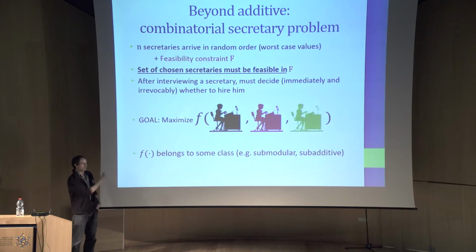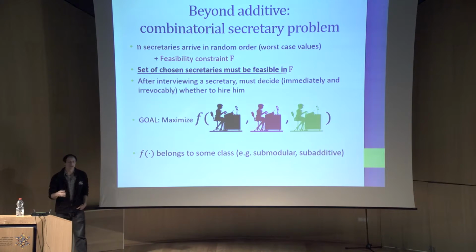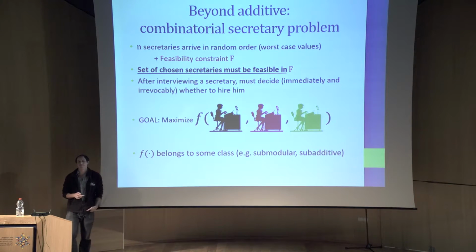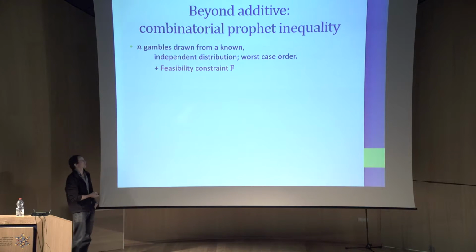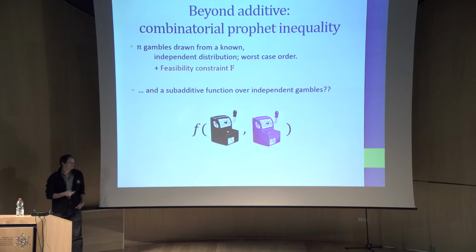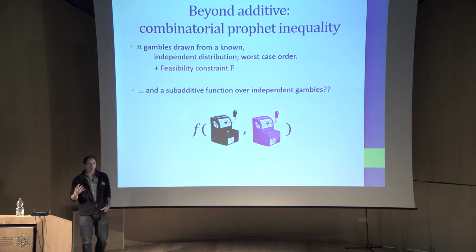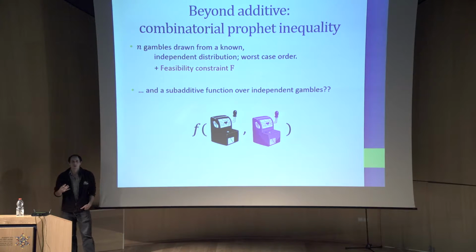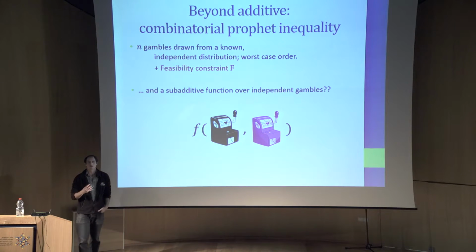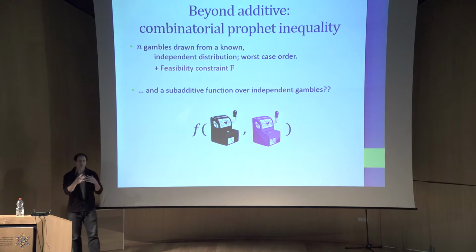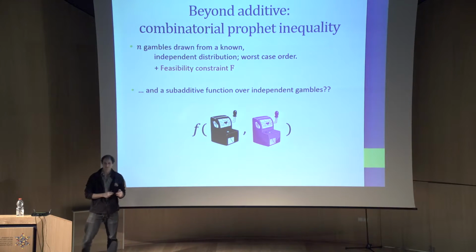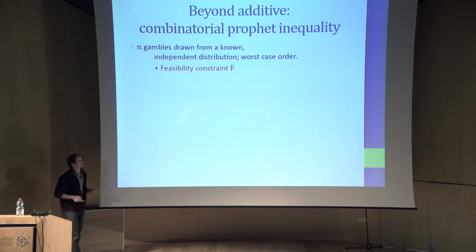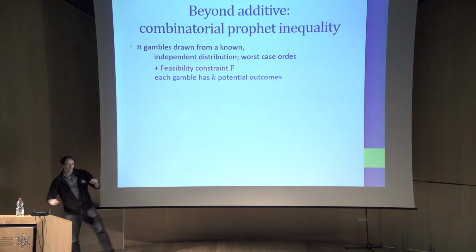So there's been some previous work on this, and I was really jealous. I wanted to do some submodular profit inequalities. And if I'm talking about independent values, it's not even clear what it means to be subadditive over independent values. So I need to have a distribution. It's not clear what it means to be subadditive over independent distributions. So the right analog